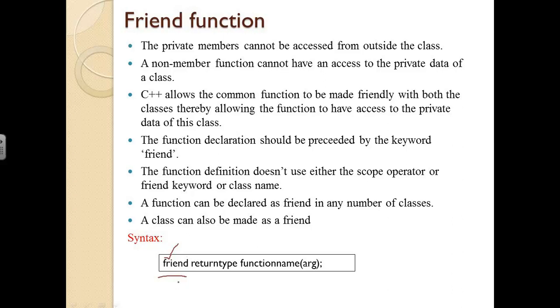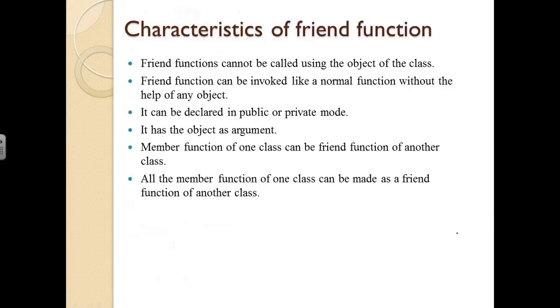And remember another thing: if we are making a function a friend, then obviously inside the class declaration part we need to declare that particular function. It is not a member function, but it is declared outside the class, so it is like a non-member function. Whenever we make a function a friend function, in whichever classes we are going to use it as a friend, we need to keep that function in the class declaration part, and it should be preceded by the friend keyword, using which the compiler will identify the function as a friend function.